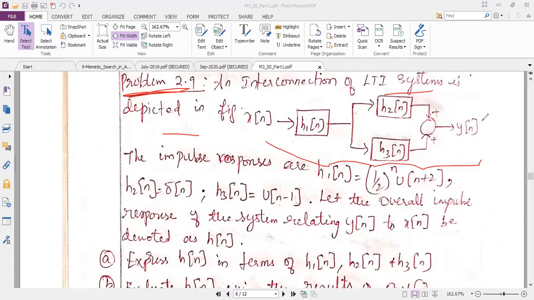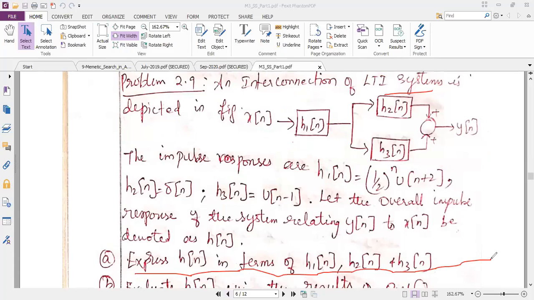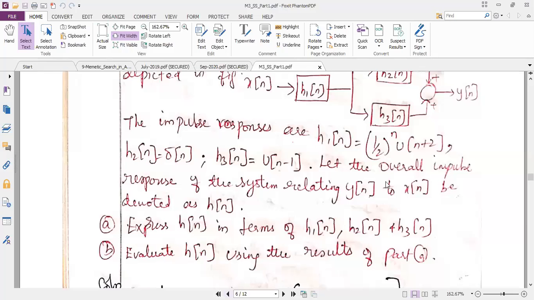So just take down this block diagram. Once it is completed, you can completely write the question up to sub question A. Up to this is visible, so I want you to write up to the sub question A. Once you have finished, let me know. I will proceed with the next sub question. I will dictate the next sub question, then we will start the solution. Shall we start?